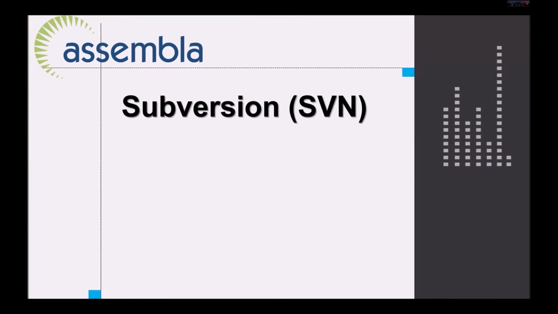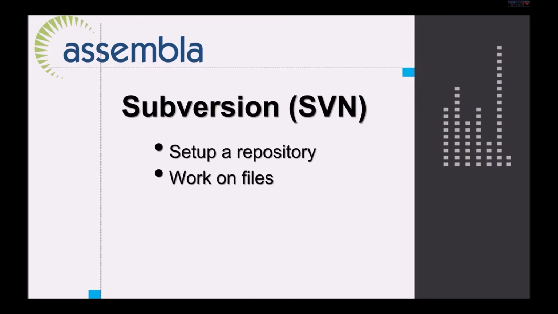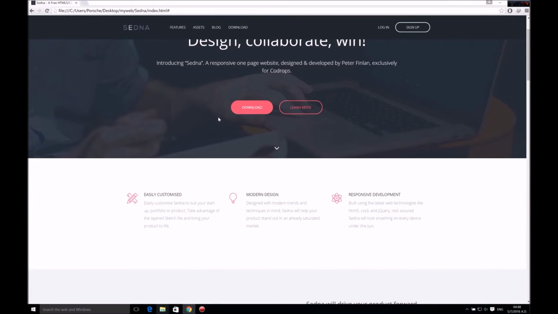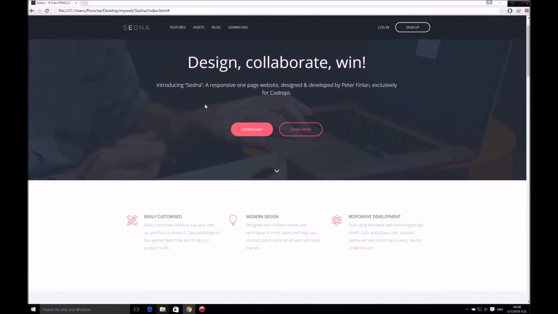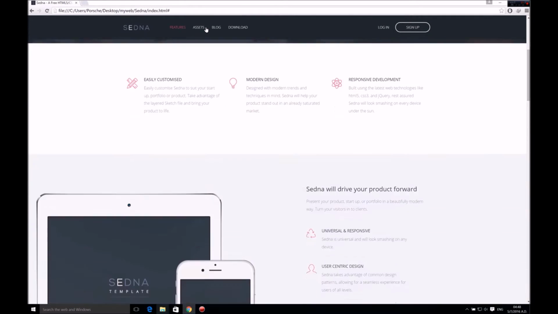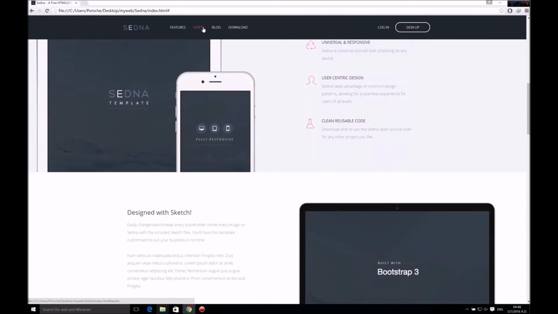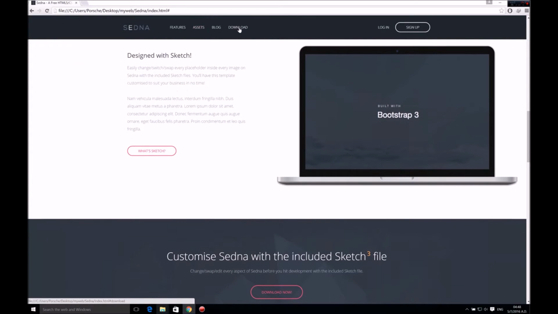Today, I would like to show you how to get started with Subversion, including how to set up repositories, work on files, and utilize some of the enhanced features that Assembla.com offers on both paid and free hosted Subversion accounts. While I explain how it all works, I'm going to fix a few problems I recently noticed on one of my websites. This will provide a real-world example of how to use Subversion,